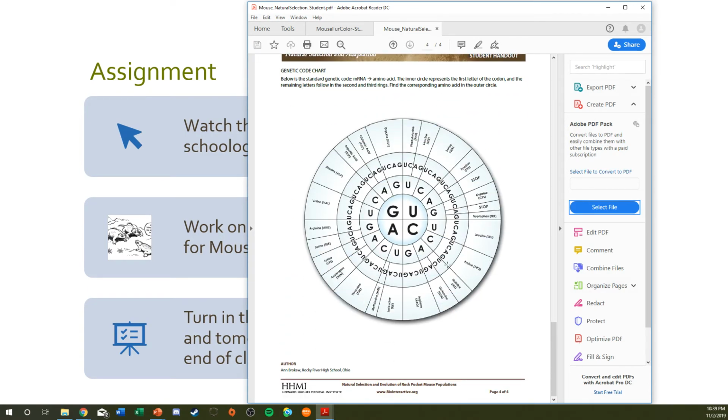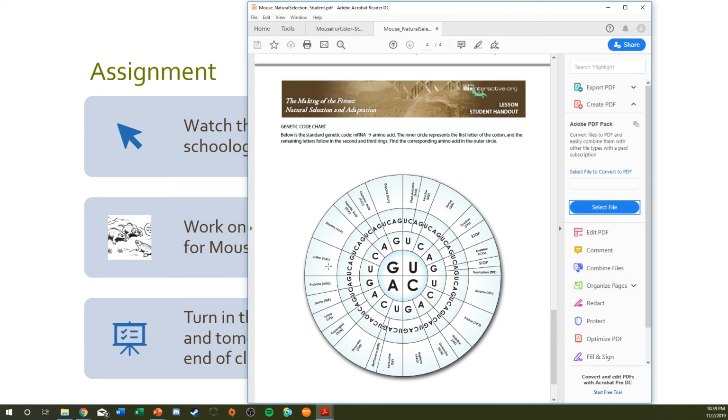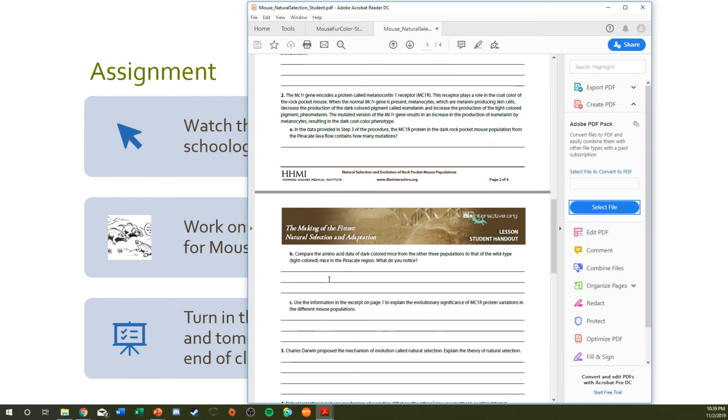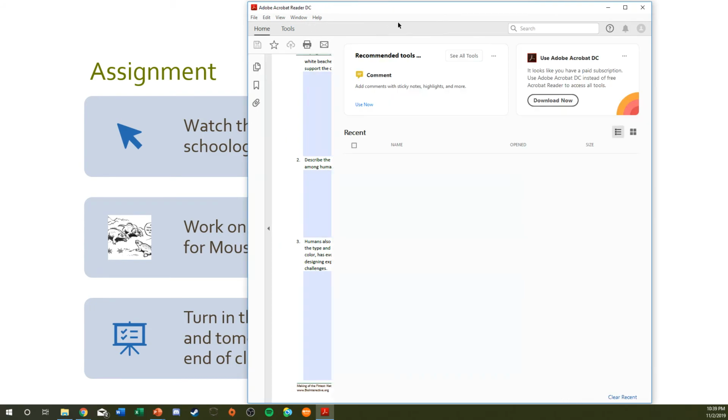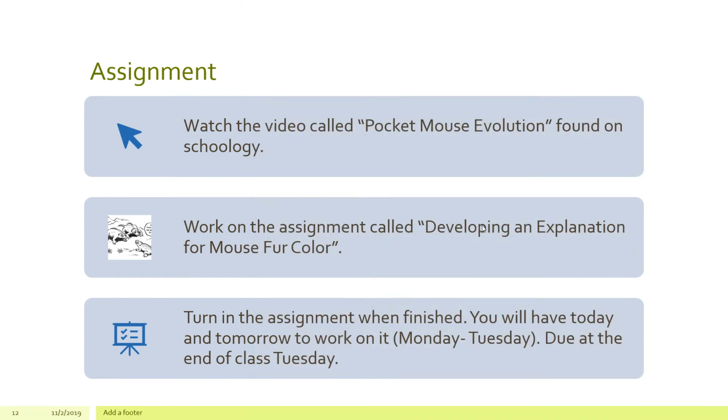I will also include the codon wheel here. This codon wheel is specific for mRNA because it's got uracil in there, the U, instead of thymine. And so, anyways, I'll include that in there for you guys to use. And both of these assignments should be stapled together and will be turned in on Tuesday. And then on Wednesday, I'll have another video for you guys going into one more lab that I'll have you guys do before I get back on Thursday.